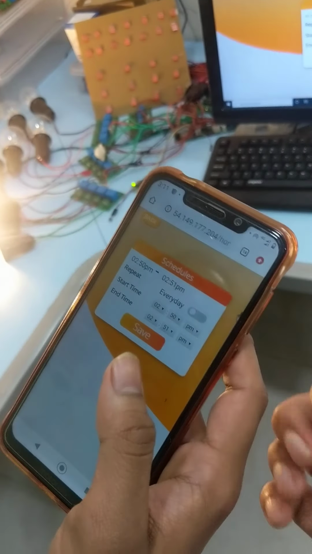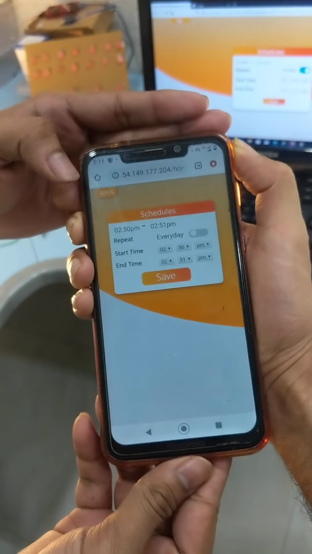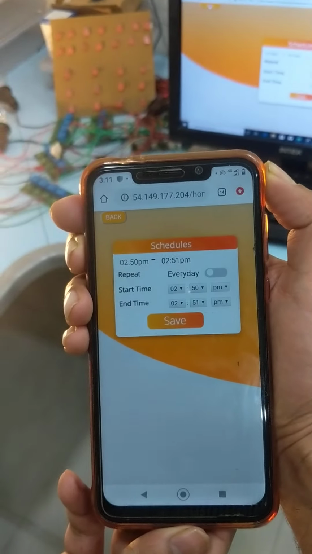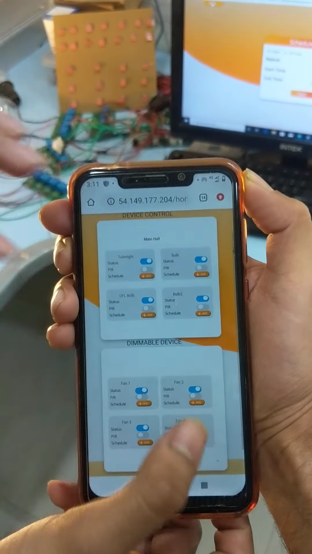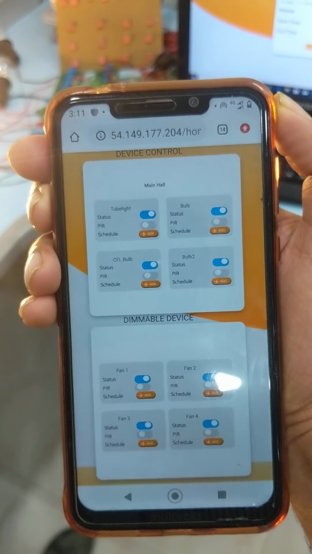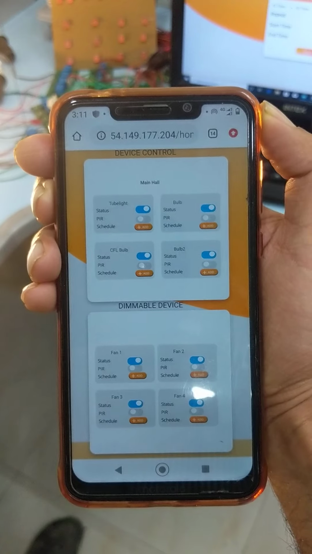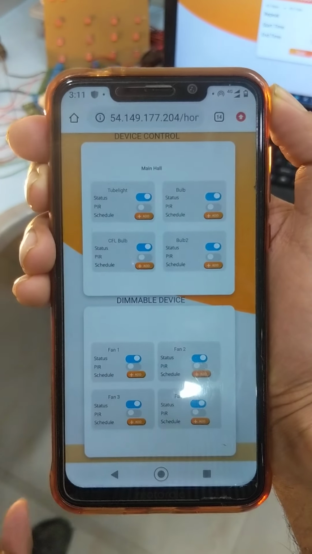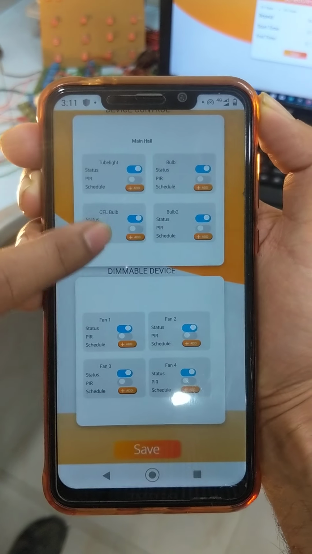So in the same way, there's a mobile application. I'll just hold it for you. So this is the same application. As you can see, the UI is the same. There's no difference. Right now, what you're seeing is again a web application, which is open on the phone. But we can convert this into an APK very well. I don't think that's a big issue.